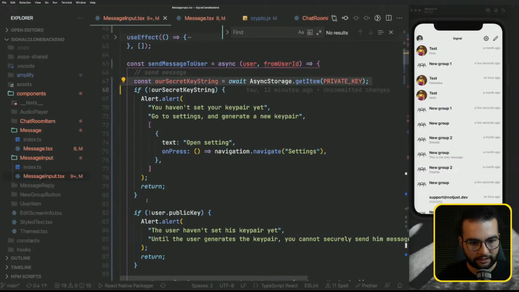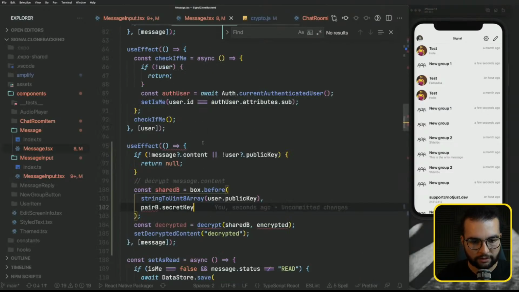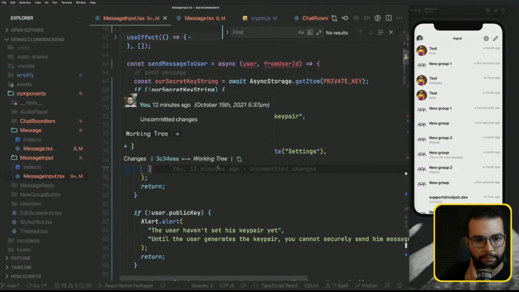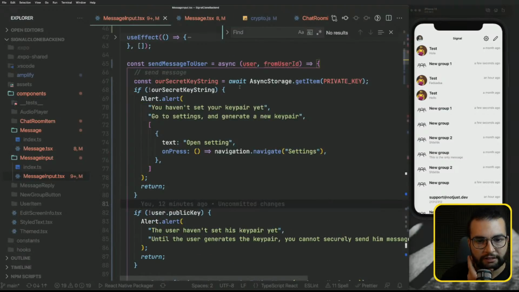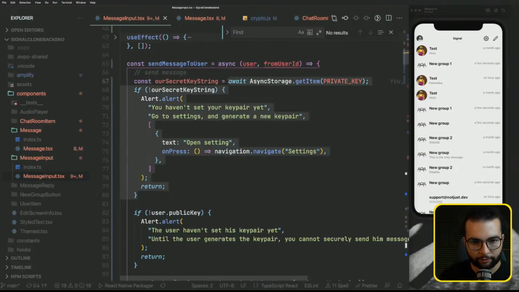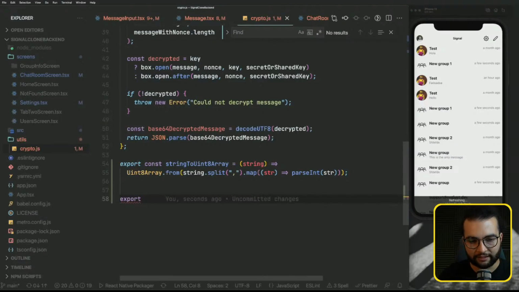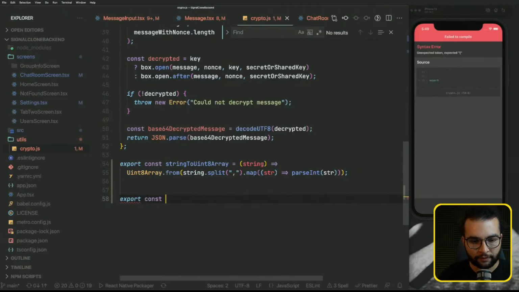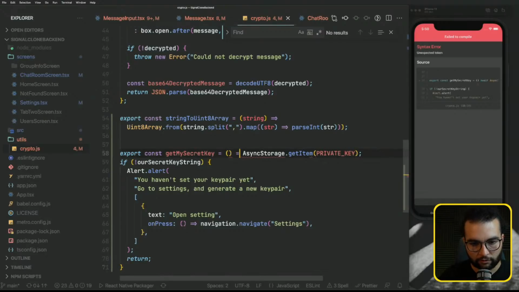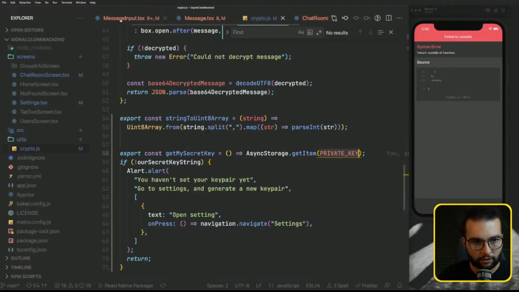with our secret key, message. Let's move this logic in crypto. I want to do it there because, yeah, export. It's very technical and you always have to copy paste it. So it's better to put it into an abstract method like get my secret key. And it's gonna do async storage, get item, private key that we will